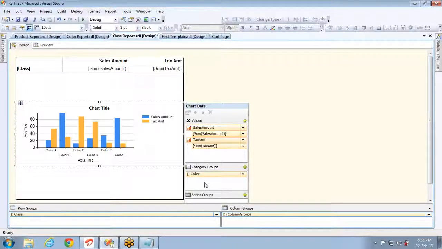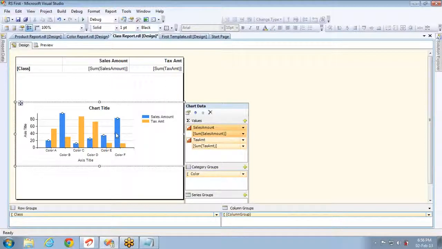The most important thing that you need to remember here is, first, the values will have the metric information. The categories will have whatever you want to group it by. For example, if you want to see a monthly report, the categories will be month. If you want to see a yearly report, the categories will be year. And if you want to split everything and show one line for everything, nothing like separate sales amount and tax amount, then add it to the series, which we will use very, very rarely. Now this is about the data that we can use for the chart.